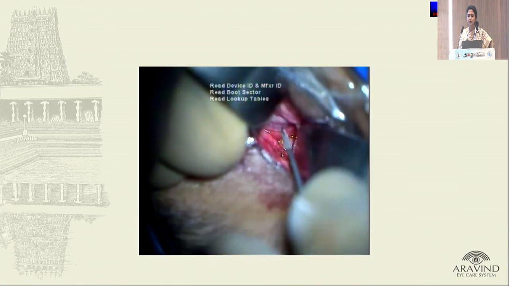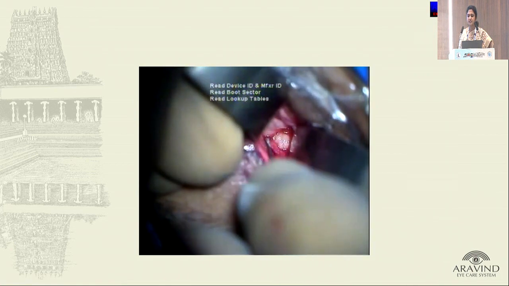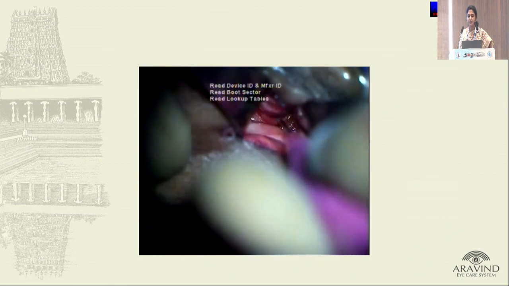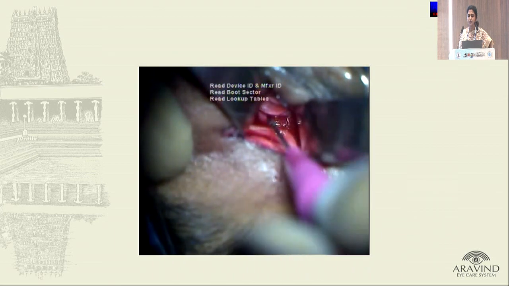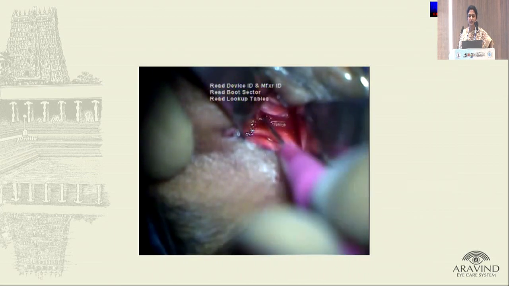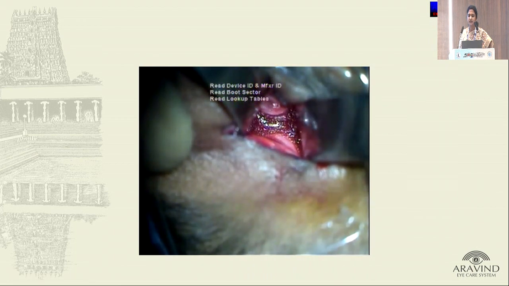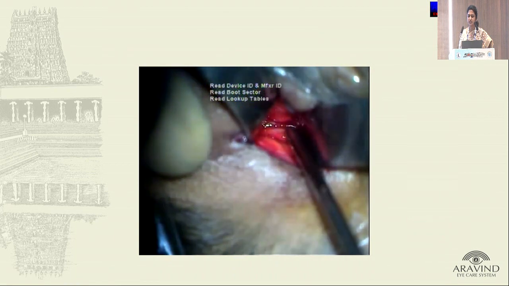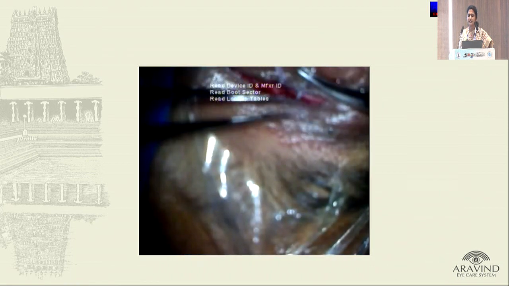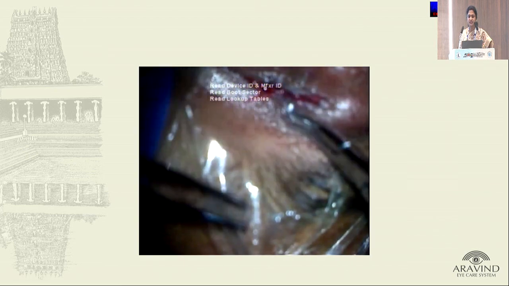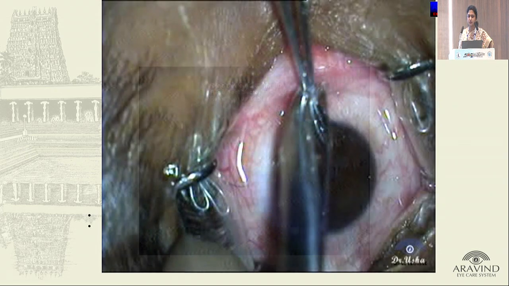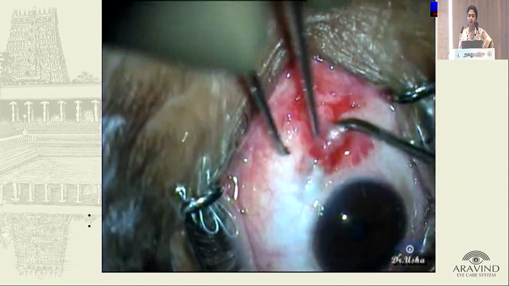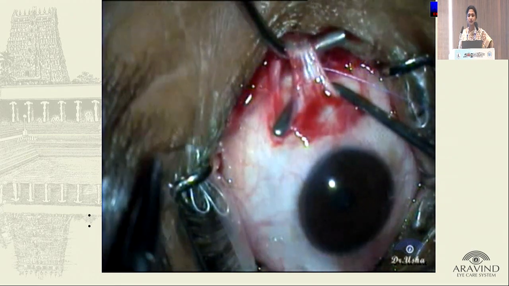And even as you puncture very minimally, you will start seeing a minimal fluid trickle. Sometimes it may be difficult to approach, but once you make multiple nicks, then you can see the fluid seeping out, and you can use gentle suction, and you will see that it keeps seeping through. So this is a real easy procedure when approached from the lid crease, but care to be taken that you only choose patients who are not very obese.